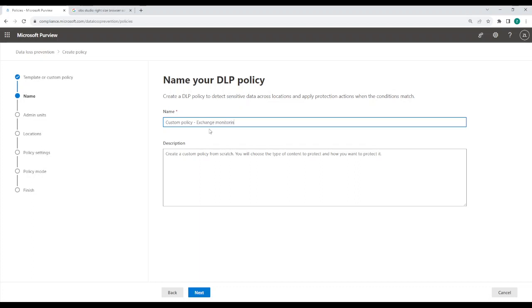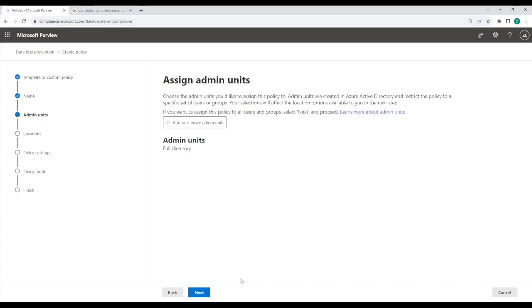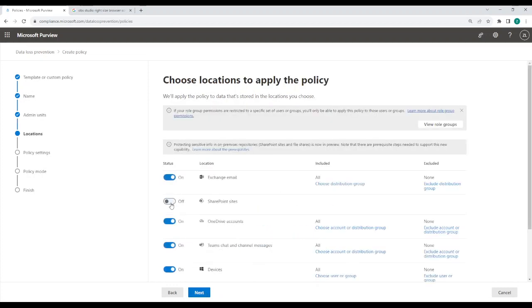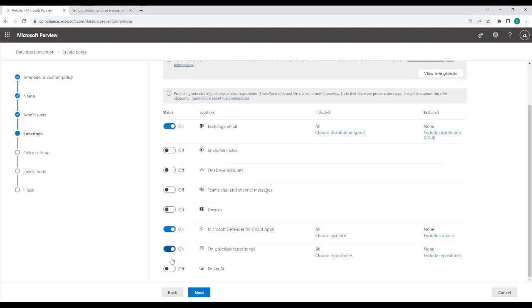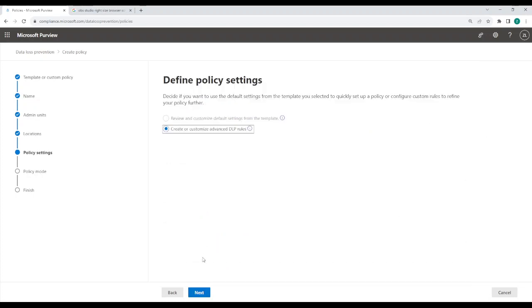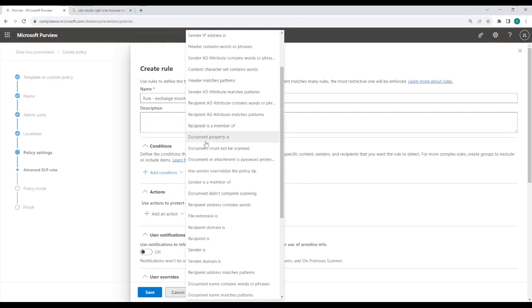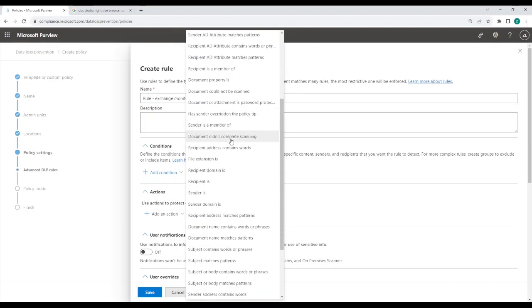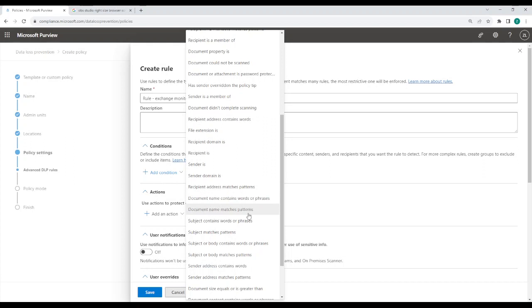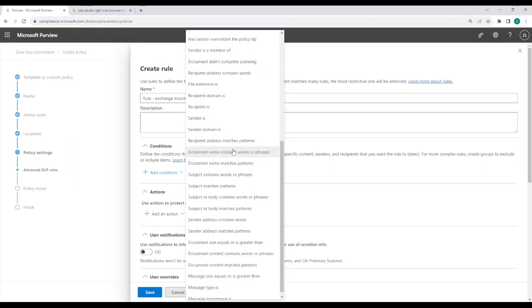Exchange monitoring. And from there, we'll select our locations of just Exchange email, because that's what we care about for this policy. Then we'll create our rule, Exchange monitoring. And for our first condition, we're going to be looking for document size. So let's see, it is,